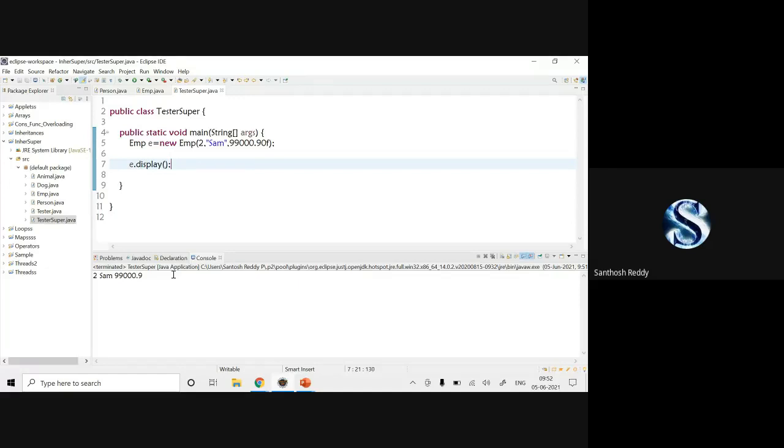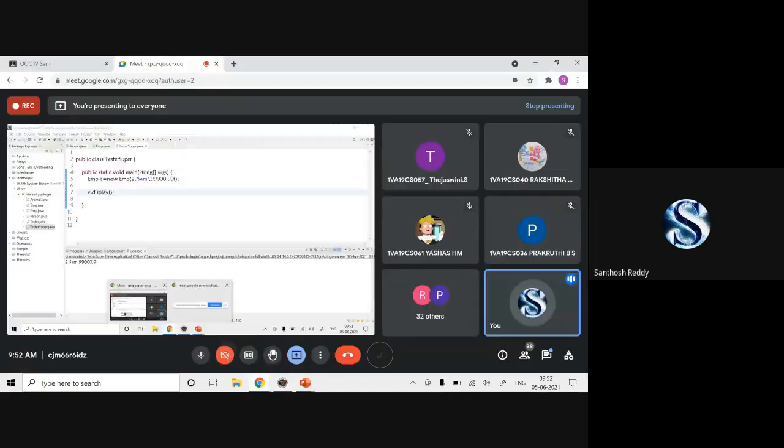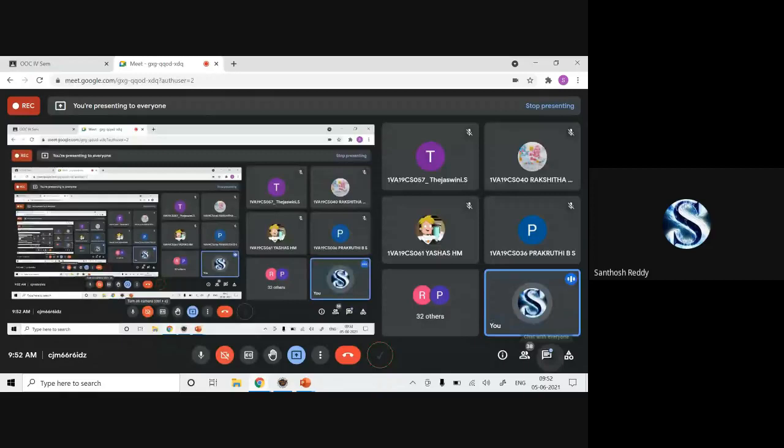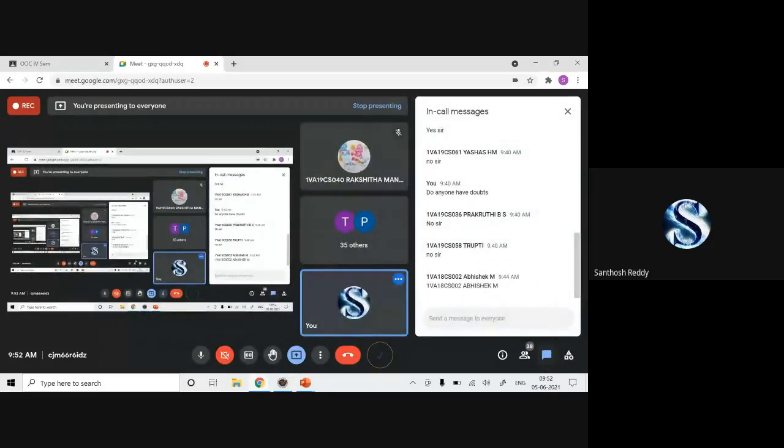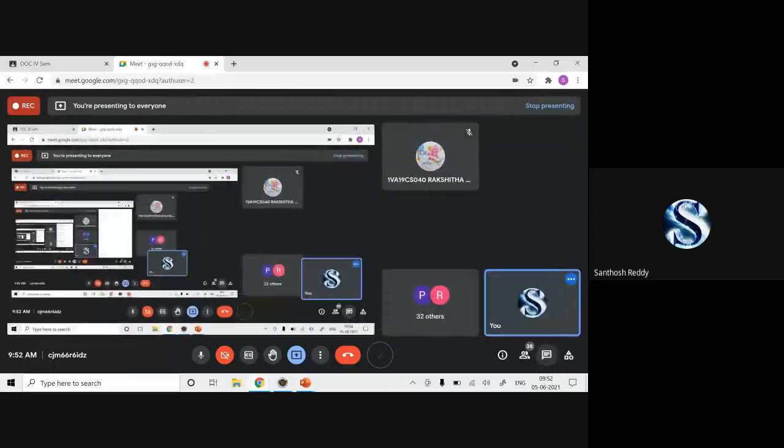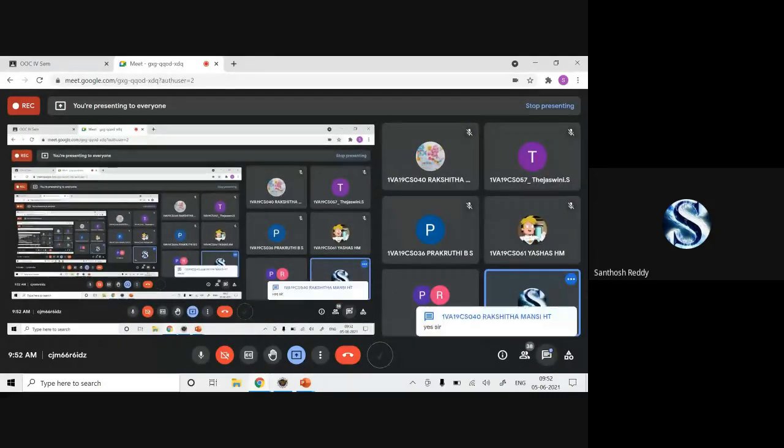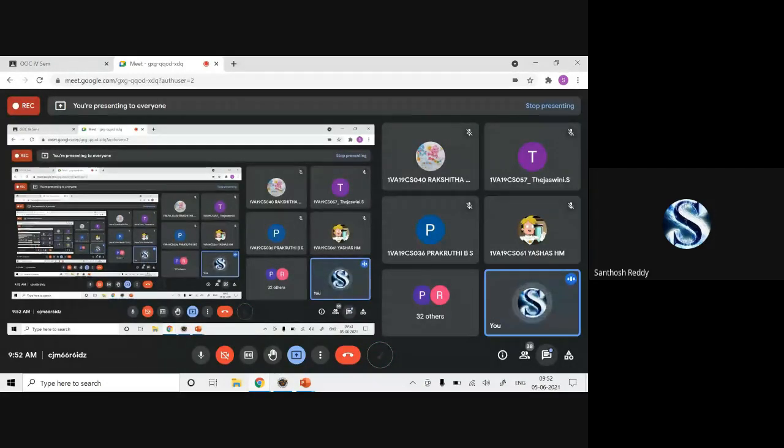Is it clear for everyone how to make use of the super keyword with parameters? Students, is everything clear? First, what is the ambiguity which occurs in multiple inheritance?